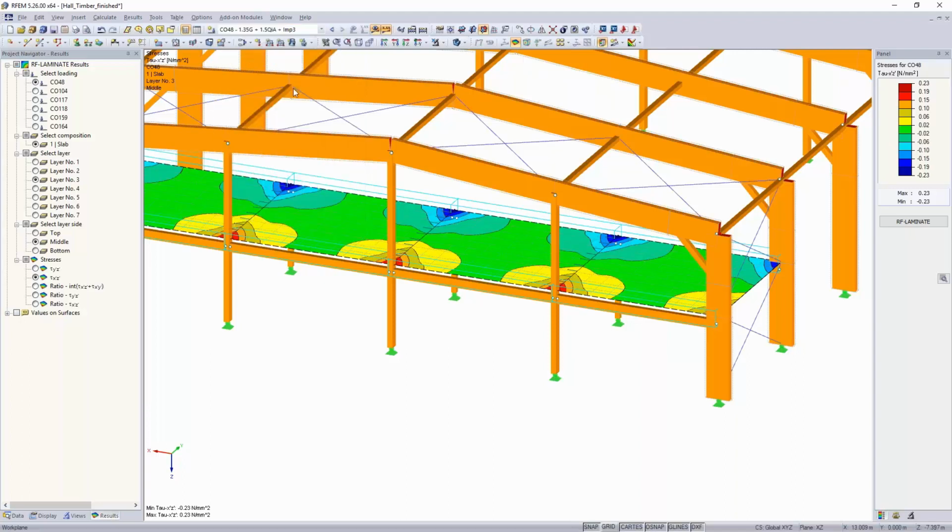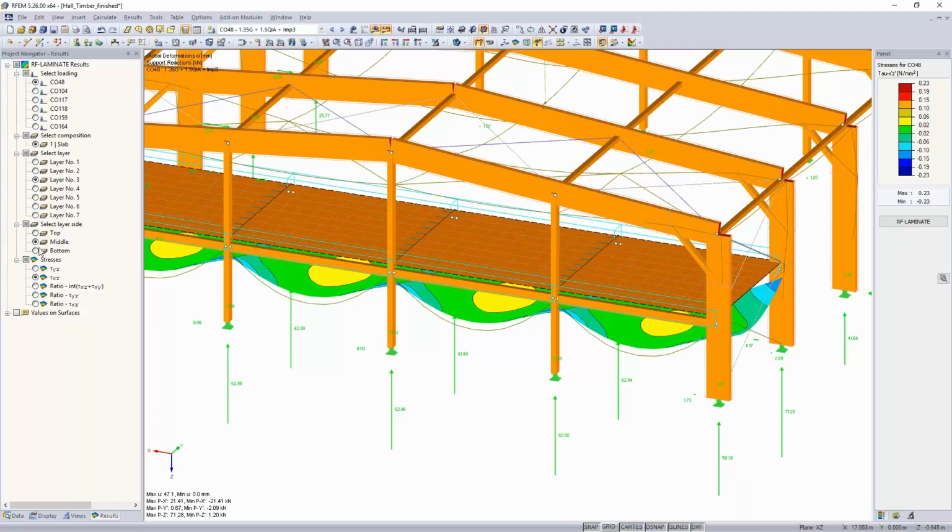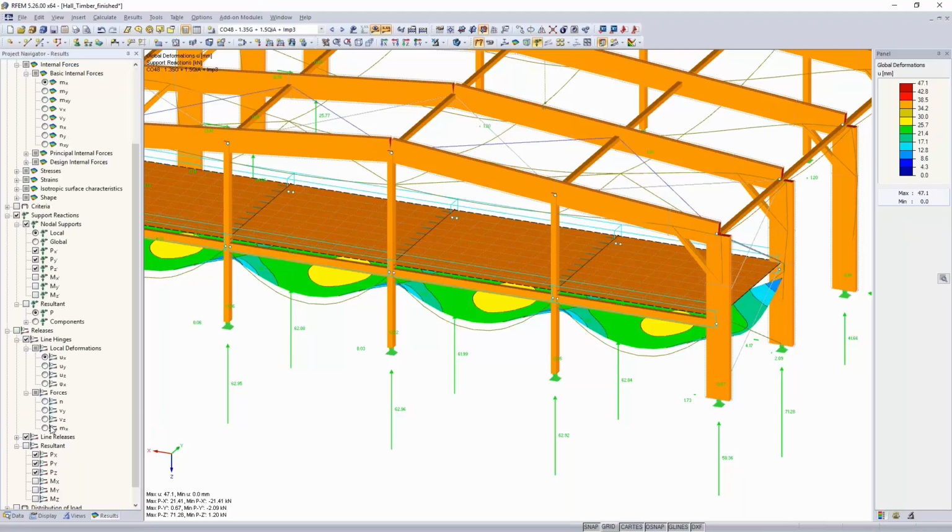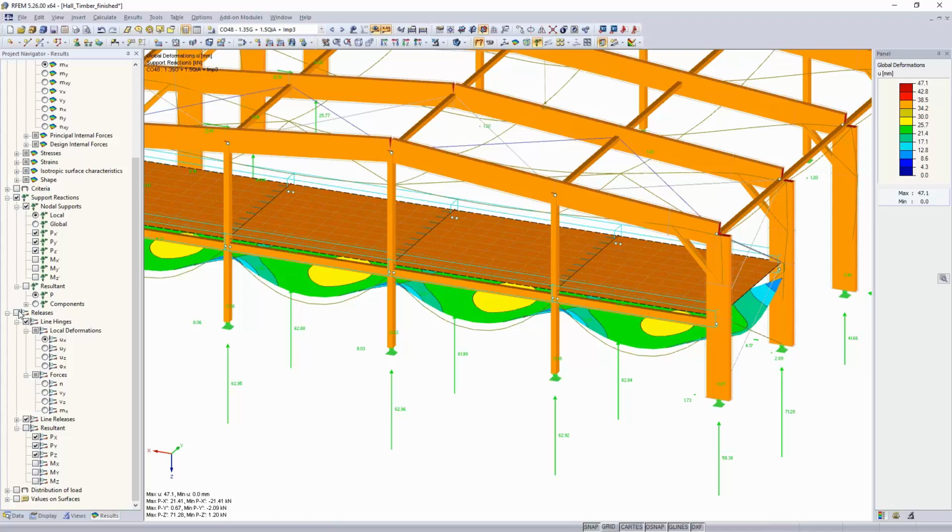48, 48, there it is. And here in the result you have down below the option releases, and there you can see what normal force you have in the line hinge. Okay, that's not so interesting here, I think, but for the